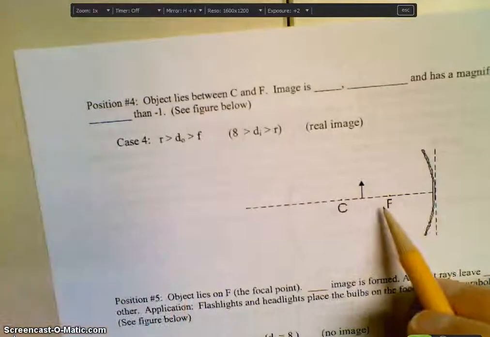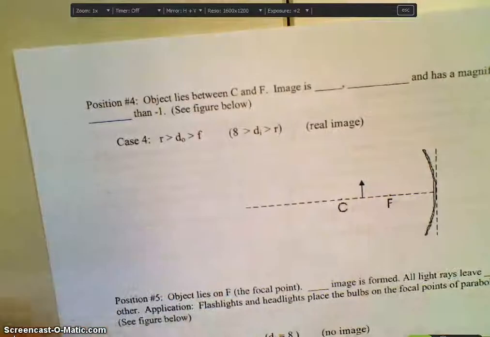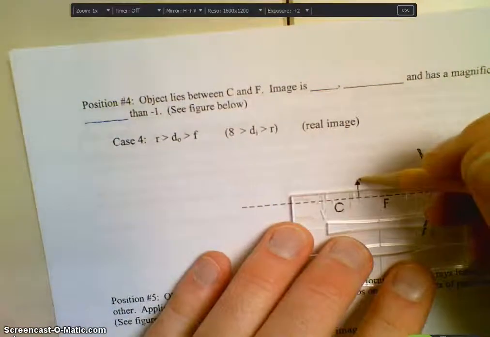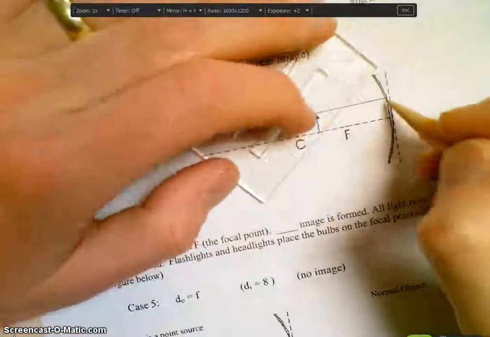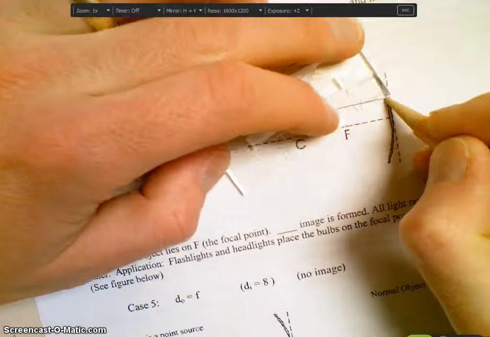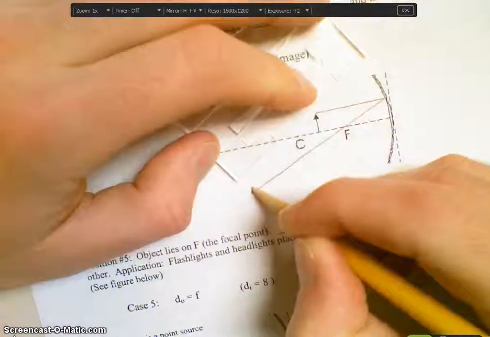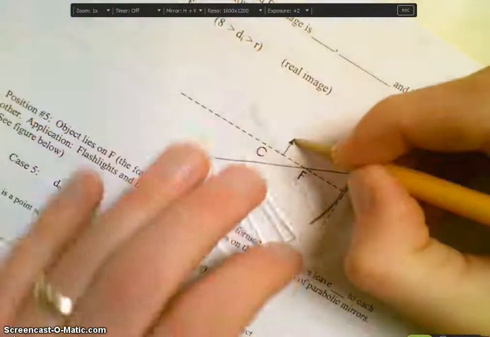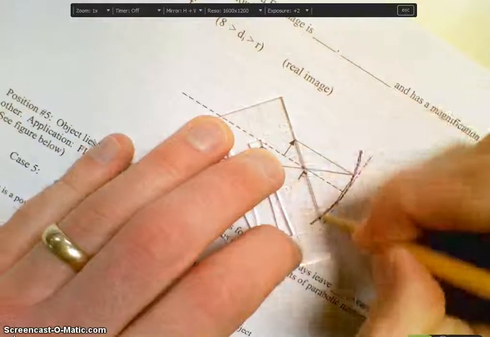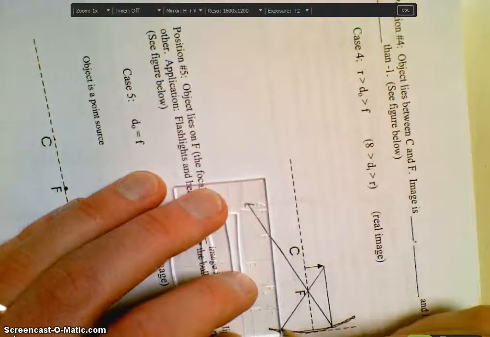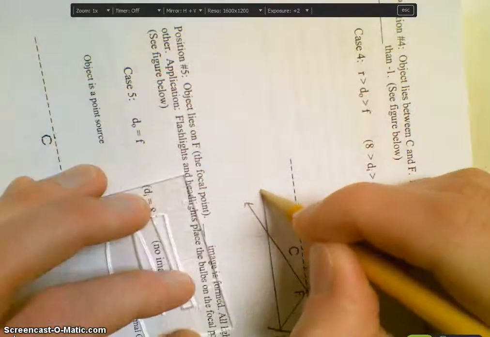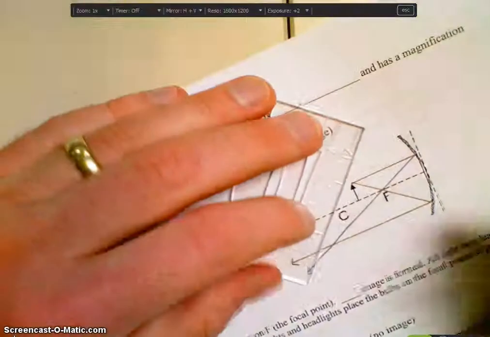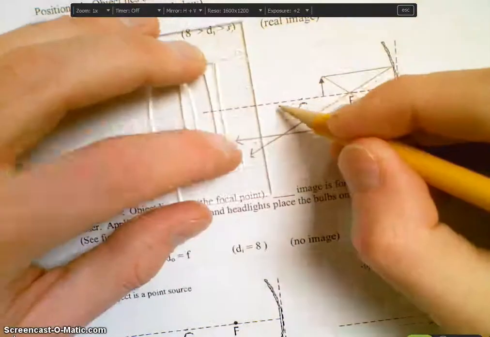Now we're inside of C, but outside of F. So we're between C and F. Let's see what happens here. Again, parallel in, through F, through F, out parallel, and then you can't really do through C and back on itself on this one. So these two are fine. And if you notice,